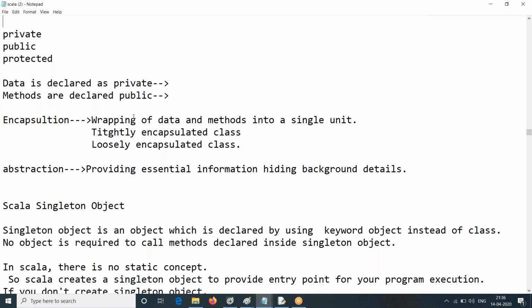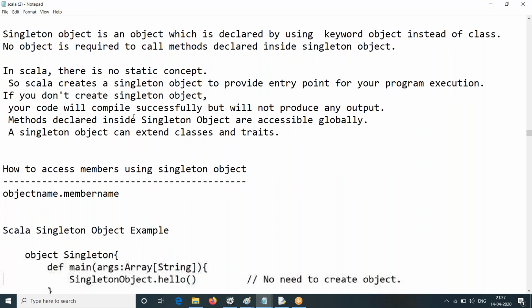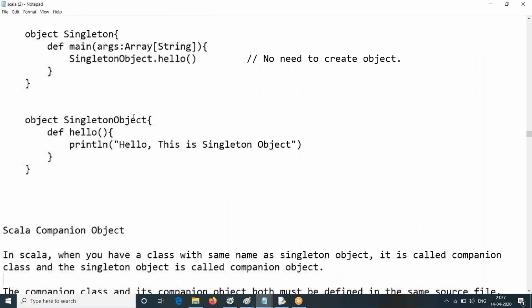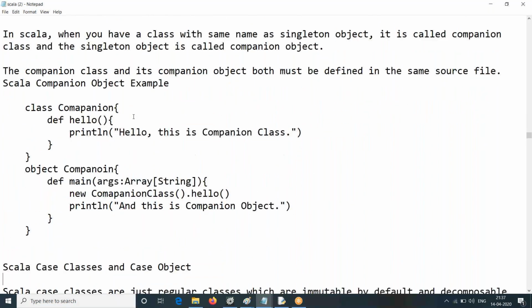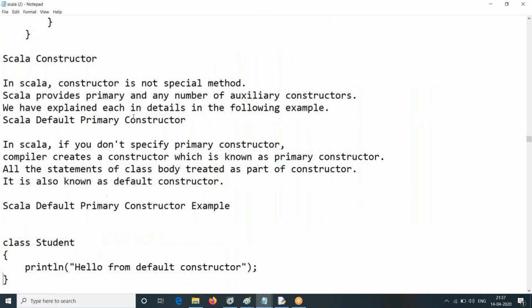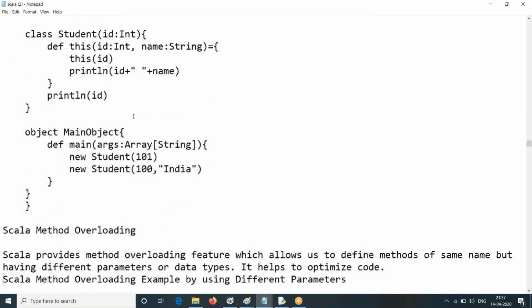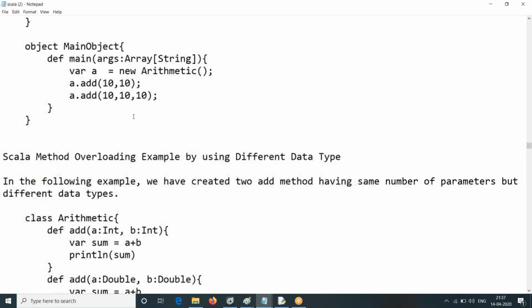We are talking about the access modifiers, and we have also discussed the principles like encapsulation and abstraction. That is also there. Okay, that's about that part. Then we'll switch to the next topic. Today we will discuss singleton objects, a very important topic. Along with that, we will also discuss companion objects, which are also important. Then the next topic, case class, is one of the very important topics. After that, we discuss constructors and constructor overloading. Then we'll talk about